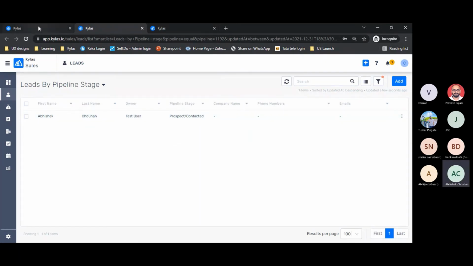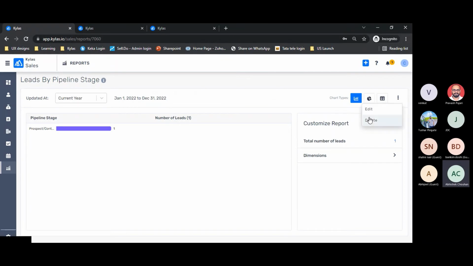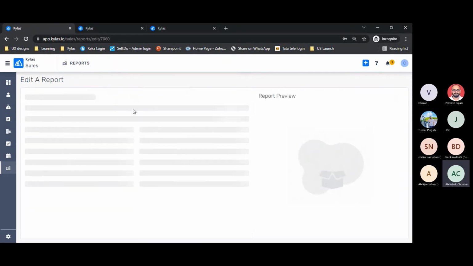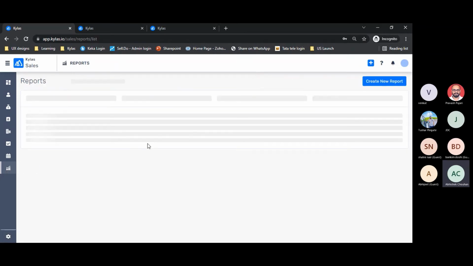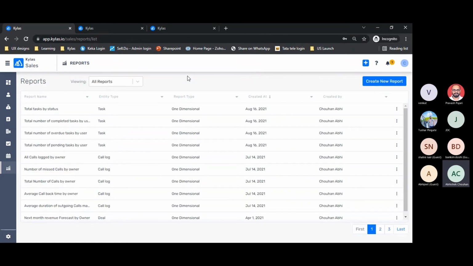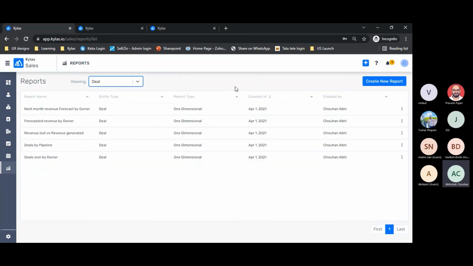So I can have visibility of the number of leads or deals in a particular pipeline stage. Suppose there is a pipeline stage of negotiation in the deal report. Now I get to see that there are many deals which are stuck in the stage of negotiation, right?